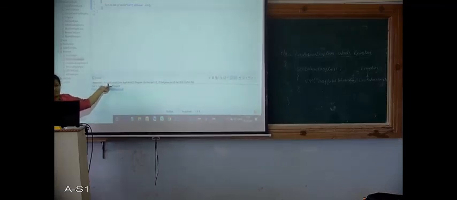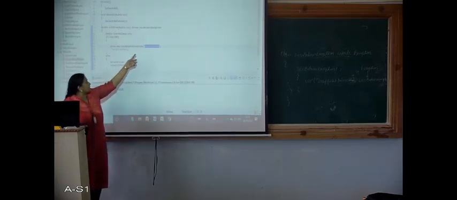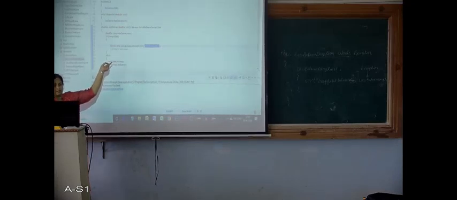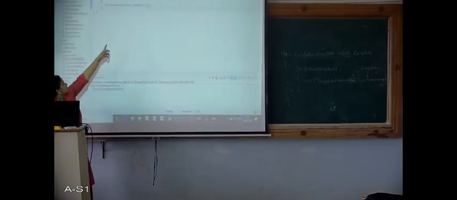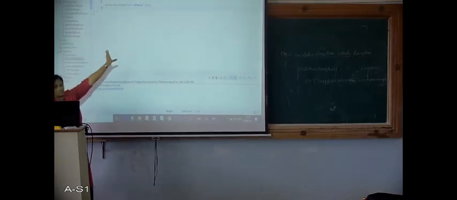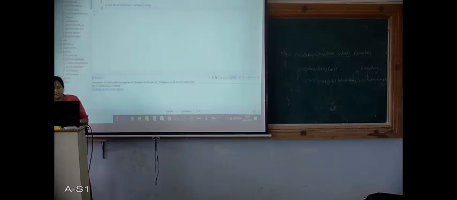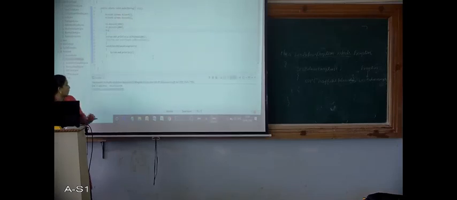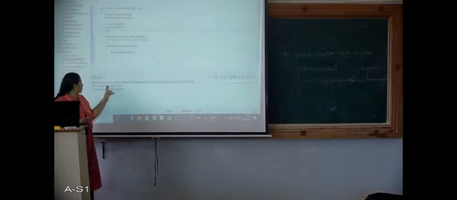There is no space. Actually we should write it properly. See, this "insufficient" is a parameter that is passed to the constructor of LessBalanceException. It has gone to this str and it is printing "can't withdraw" and the message that is str. So I will just leave a space here so that if you run it, it should show properly. Let's run this again. Yes, now you can see that it shows "can't withdraw insufficient".